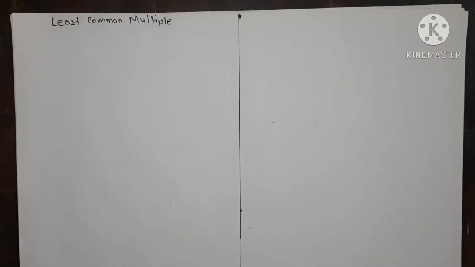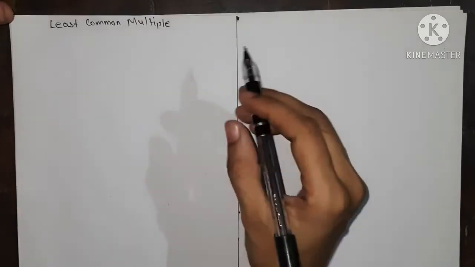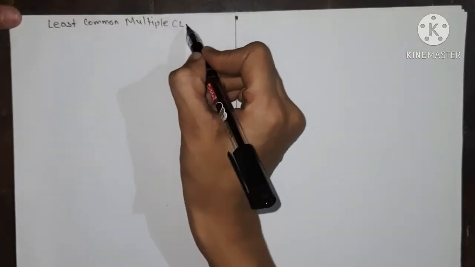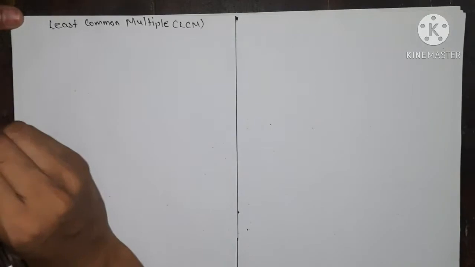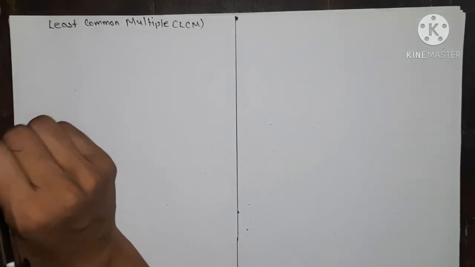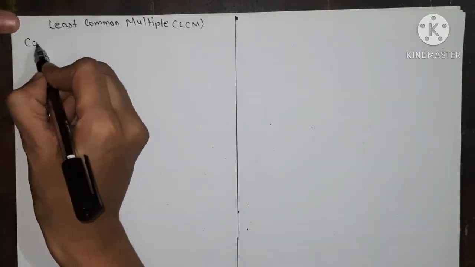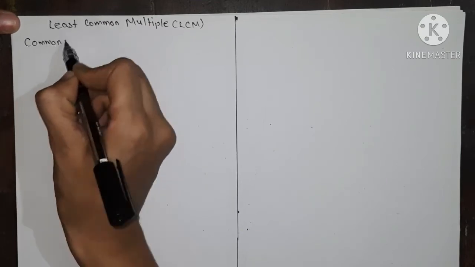Hello student, up till now we have seen the definition of a GCD and its examples. In the same manner, we have another concept about numbers, that is the least common multiple of any two given integers which are not zero. So firstly we see the definition of common multiple, and then the definition of least common multiple, which is also called the LCM of two or more integers.